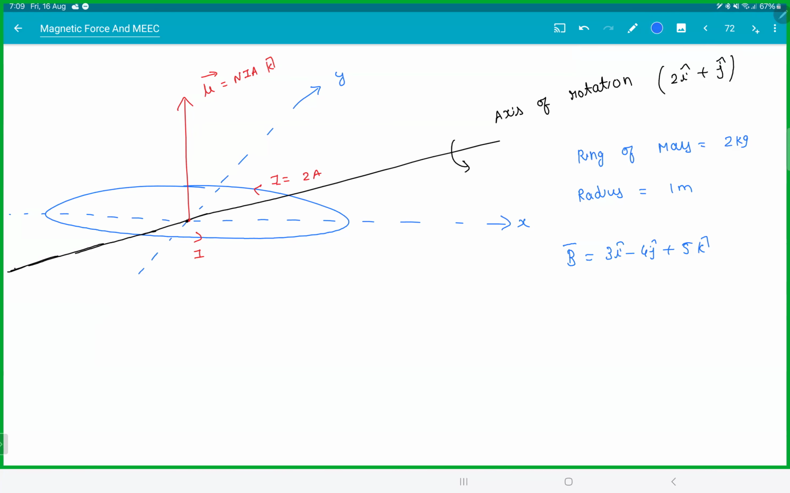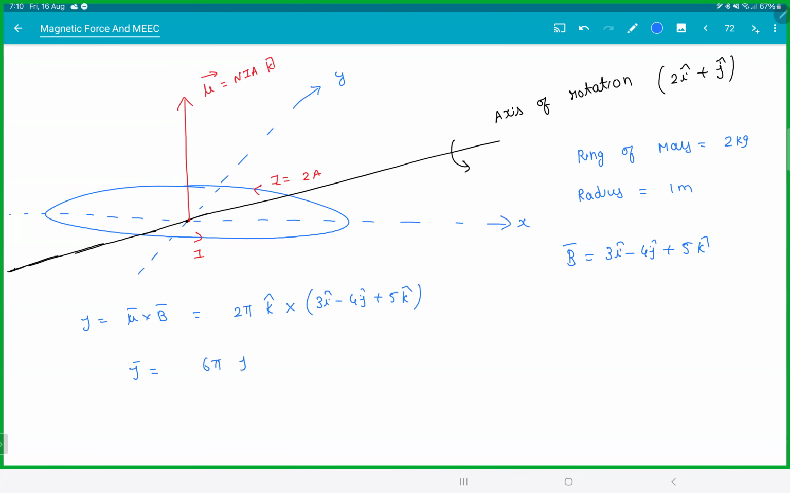So you guys forgot something. You don't know how to take the component of one vector in another vector. So we get torque is equal to mu cross B bar. So mu will be NIA. N is 1, I is 2, radius is 1. So 2 pi k cap cross B bar, which is 3i minus 4j plus 5k. Do the cross product. So we get torque is equal to 2 pi times 6 pi